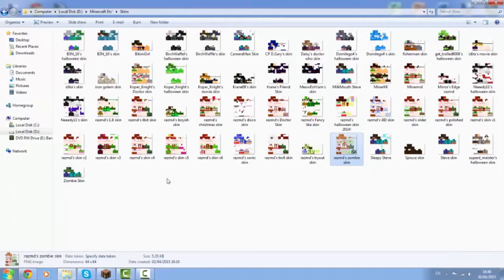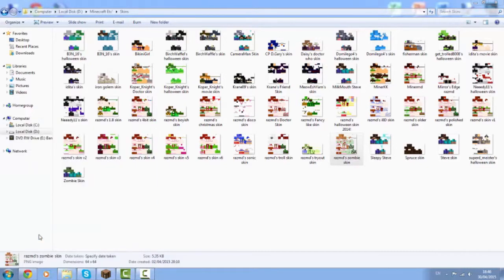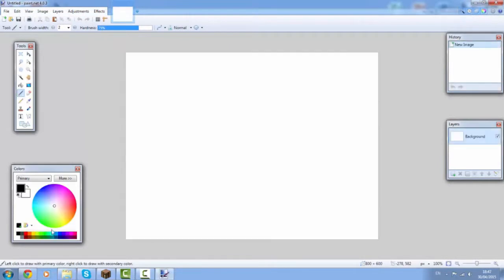So the first thing you will need to download, and I highly recommend this program just because it's amazing to use and it's very nice. For those of you who don't use Photoshop or things like this, you can use paint.net. Just Google paint.net, find it, download it, it's amazing. When you download it, you can just open up the program. Now my computer is kind of slow at the moment, so don't judge, but it's gonna open up quite fast because it's not a heavy program.